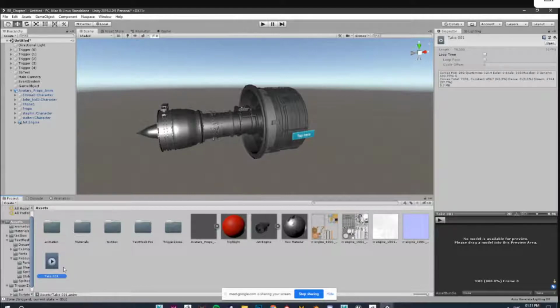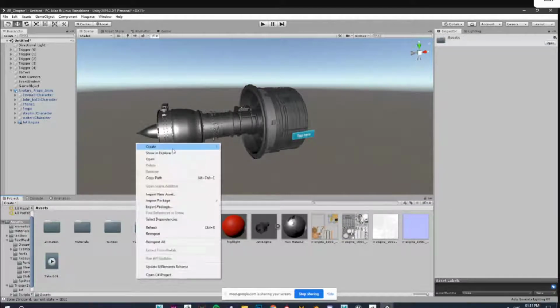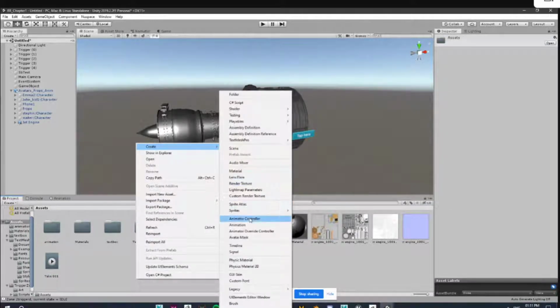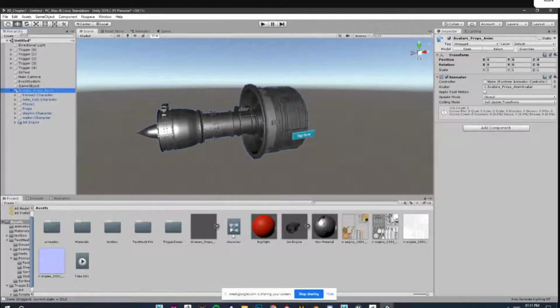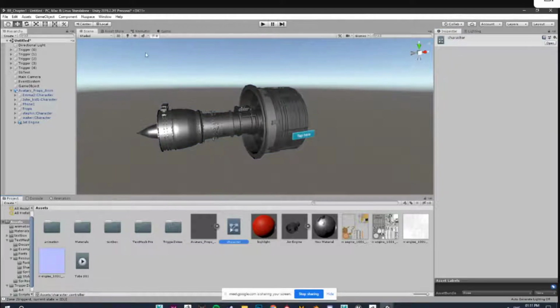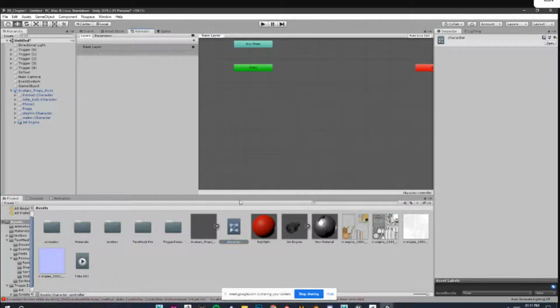You can modify them as well. So I'll click on create and create one animator controller, let's say character. This particular game object, I'll drag and drop this character, and this one.